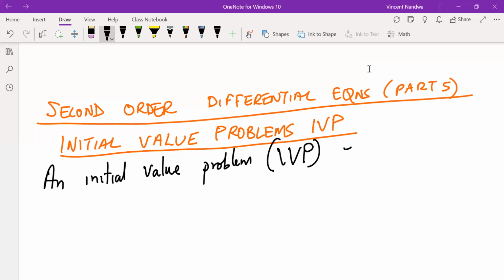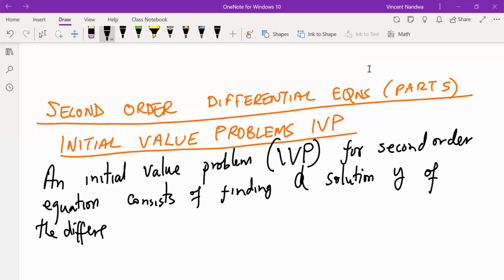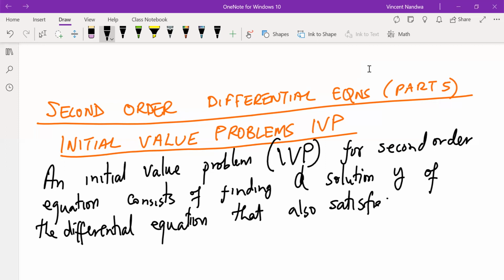IVP consists of finding a solution y of the differential equation that also satisfies initial conditions of the form